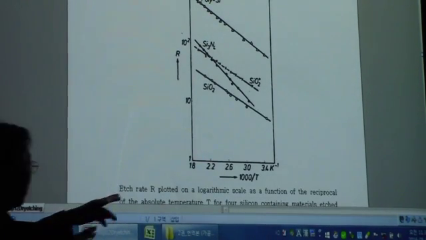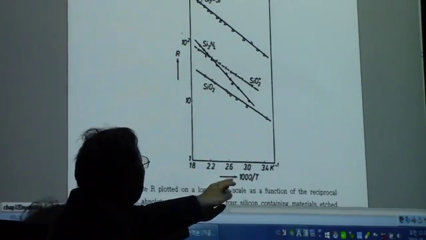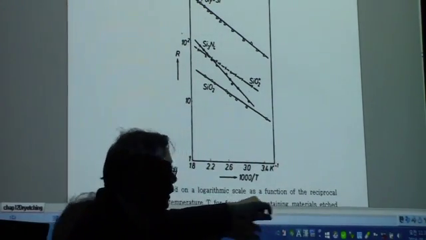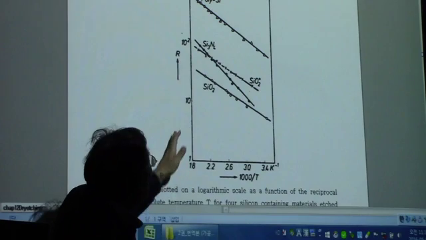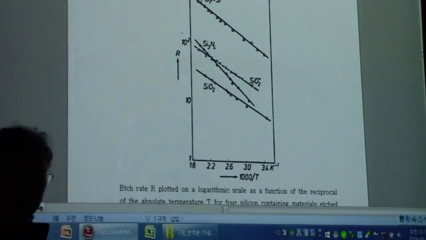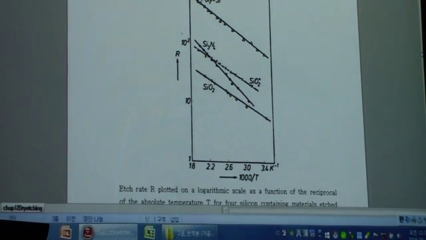This is the reciprocal temperature. So this is the low temperature, and this is the high temperature, and this is the etch rate. You can see the activation energy is about 0.1 to 0.2 electron volts, and etch rate are